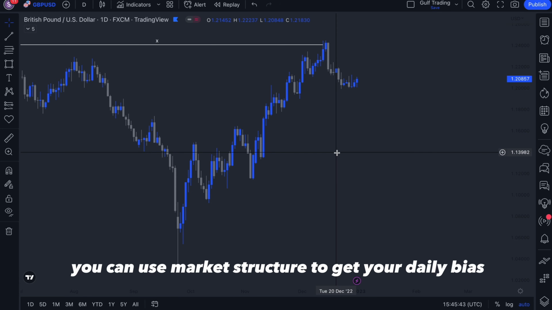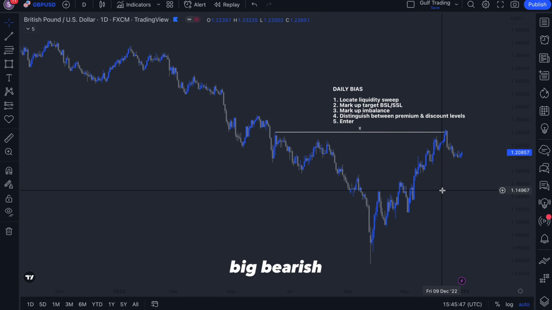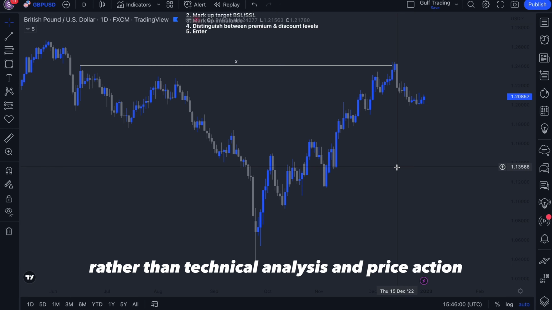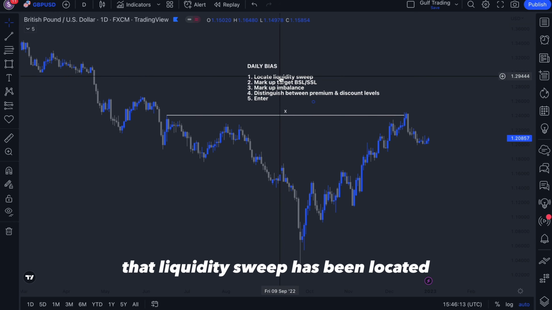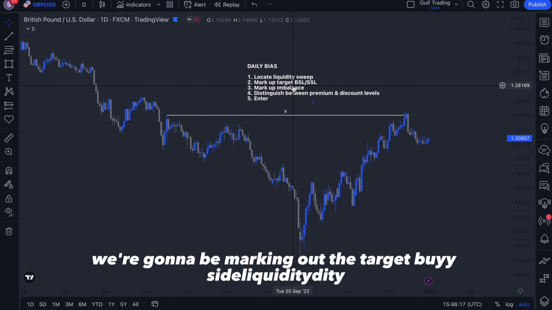But you can just see the market structure changing from bullish to bearish. Obviously, you can use market structure to get your daily bias as well. As you can see, we're in big bearish, but this is going to be looking at more SMC stuff rather than technical analysis and price action. So as you can see, step 1 is done. Liquidity sweep has been located, and now in step 2 we're going to be marking up the target